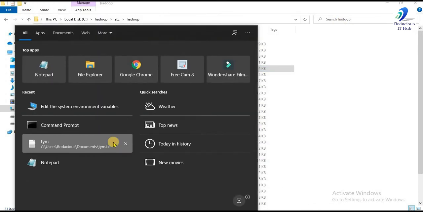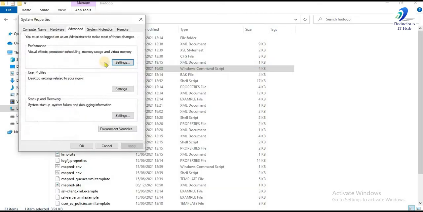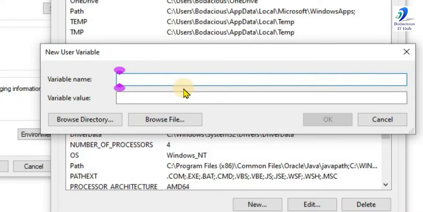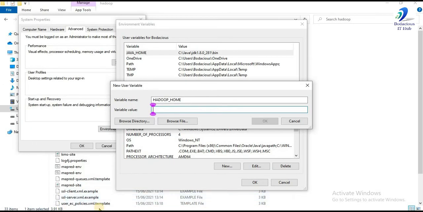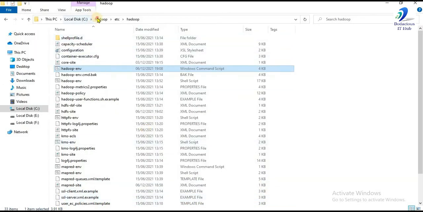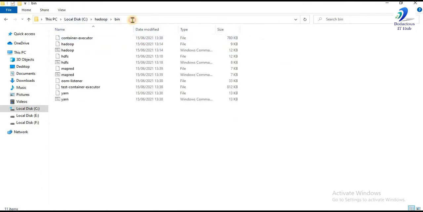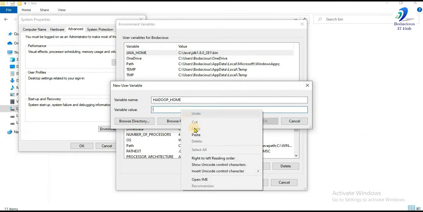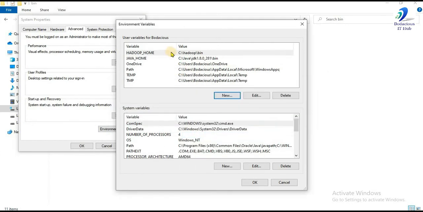In the next step we'll set the environment variables for Hadoop. We'll add new, Hadoop home, and here we'll paste the address of Hadoop's bin folder. We move to Hadoop, then bin, then we'll paste this address there. Paste, click OK. Now we have to set the path for Hadoop.